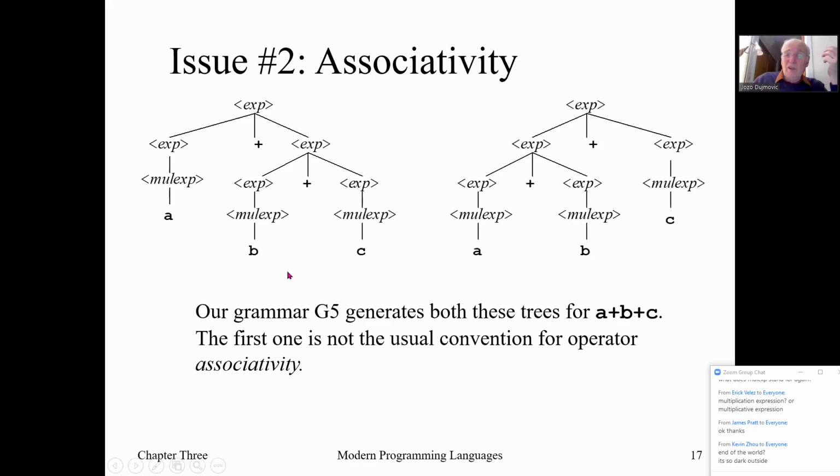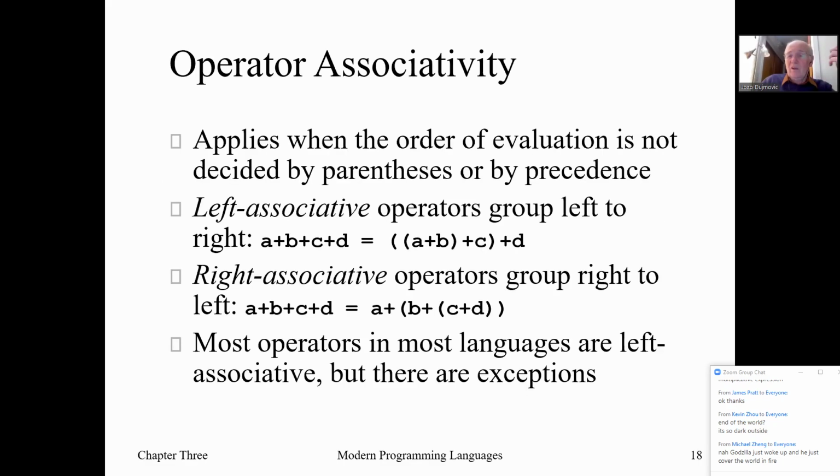So obviously, this grammar G5 has a problem: it is not creating unique and correct associativity, which should be left to right. First A plus B, and then C. So A plus B plus C should be left to right associative and not right to left, not in the opposite direction. So how to fix that? Well, you can fix that in a variety of ways, but before we do that, it is interesting to see